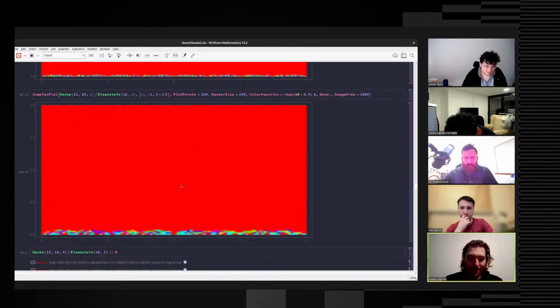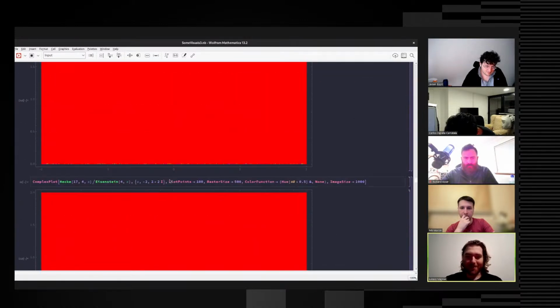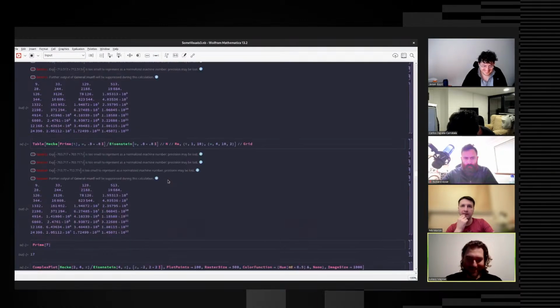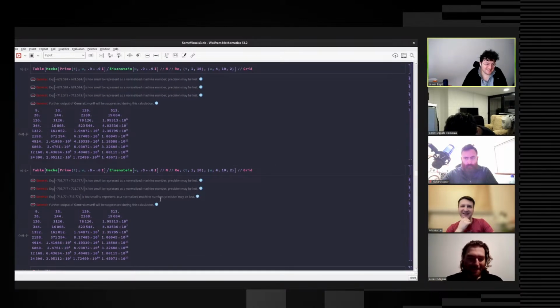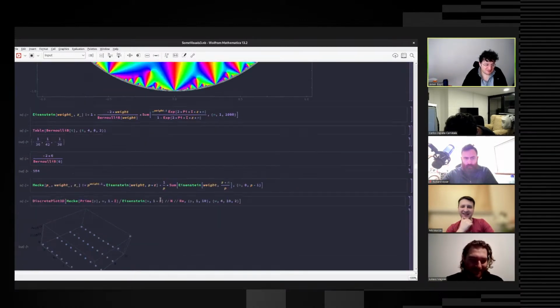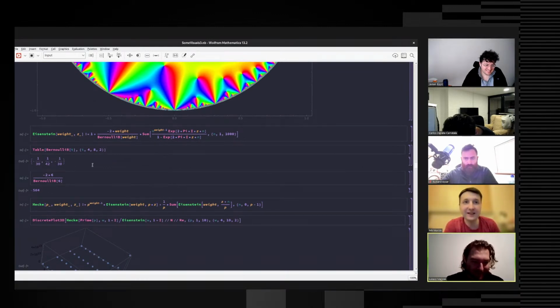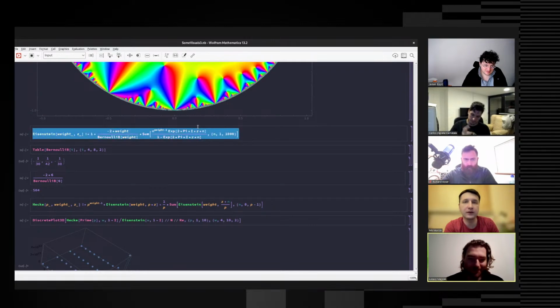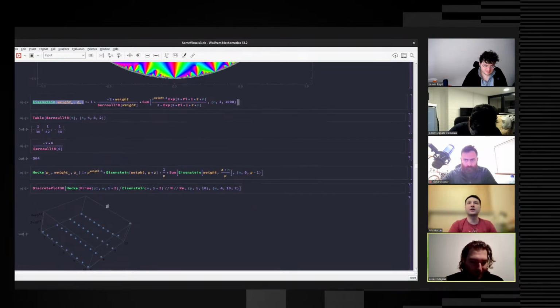Basically, what is most exciting about this are these red rectangles. Because you have to explain why. So here we have the formula for the Eisenstein series of given weight and complex argument. I computed only up to 2000. It's supposed to go up to infinity. Whatever. And we have a Hecke operator.